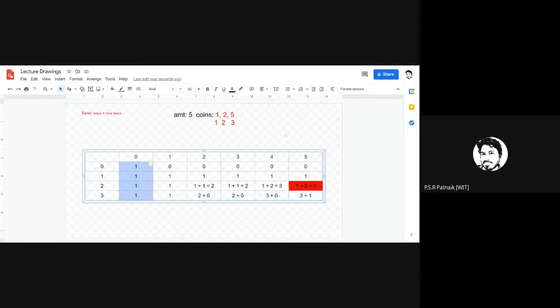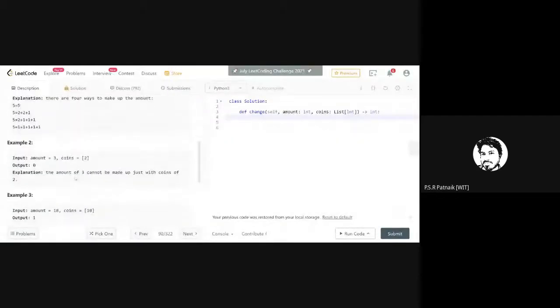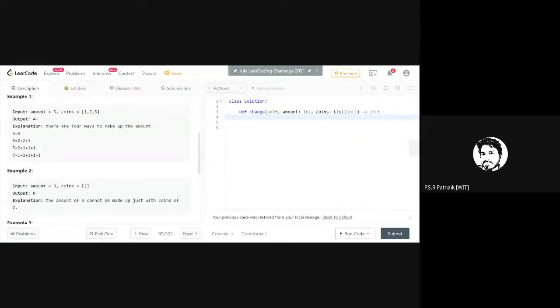So difference 0 means for that value we are using this one. It's the smallest of the smallest subproblems. Though here I have 0, it is just for the sake of index, but it doesn't make any sense otherwise. So this is exactly it. So 3 plus 1 is equal to 4. So is this the output of this test case? Okay, so it should be 4. That's how we obtain this value 4 here.